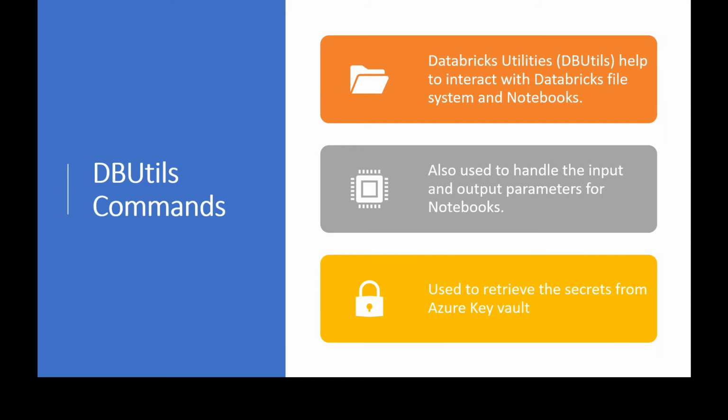While working in Databricks, we mostly integrate with external systems such as external databases. In order to interact with external databases through Databricks, we have to use a connection string. A connection string consists of the username and password for the database, but it is never a good idea to save or hard code the credentials within a Databricks notebook. So in these cases, the credentials are kept in Key Vault, and through Databricks utility commands, we can retrieve the password or secrets.